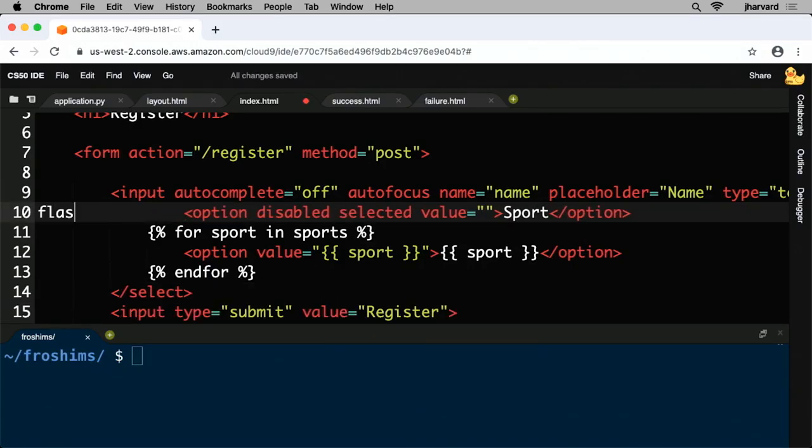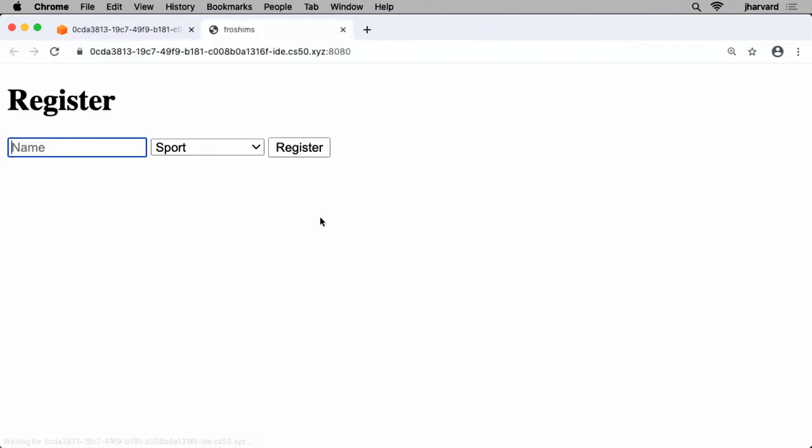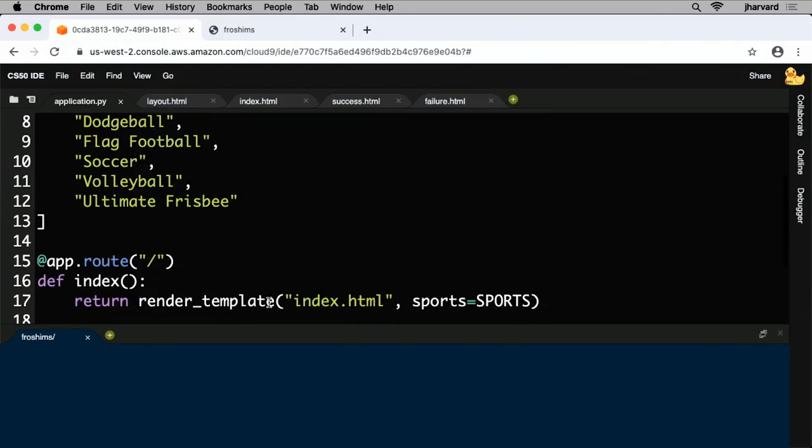So let me go ahead and do flask run. Let me go ahead and open this up. And voila, we have that same interface as before, the goal of which now is when I click register, I don't want to just naively see "you are registered" or "you are not registered." I want to actually register the user. So I think we're going to need to do a bit of work in application.py,